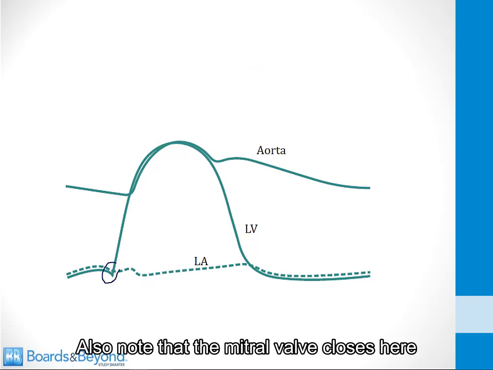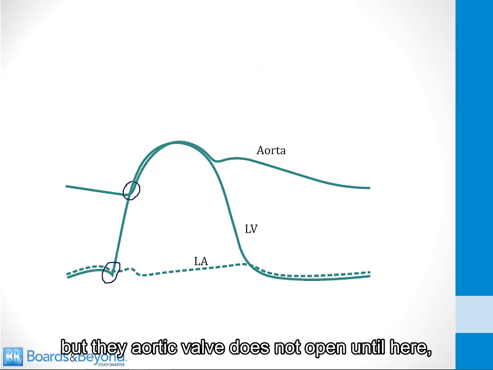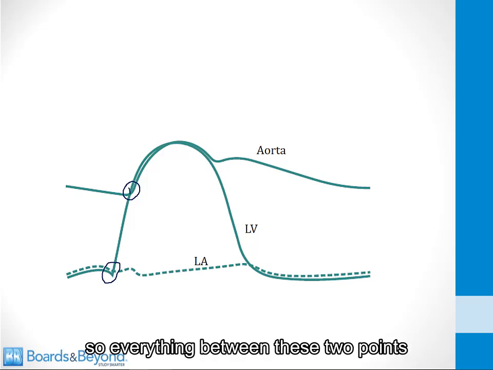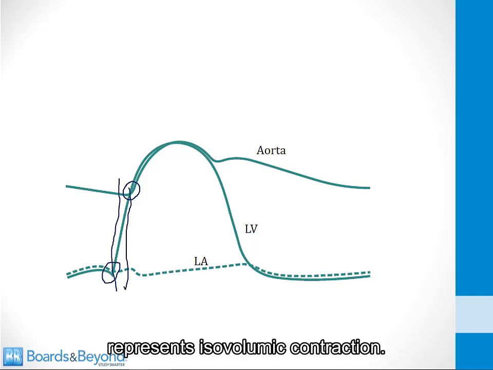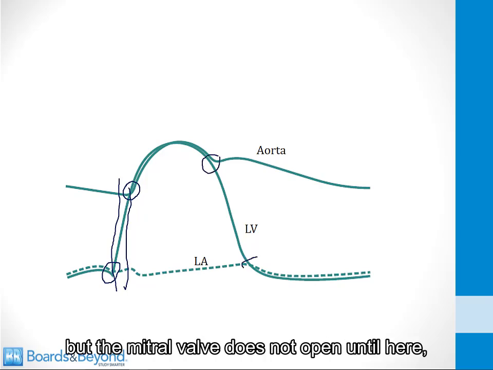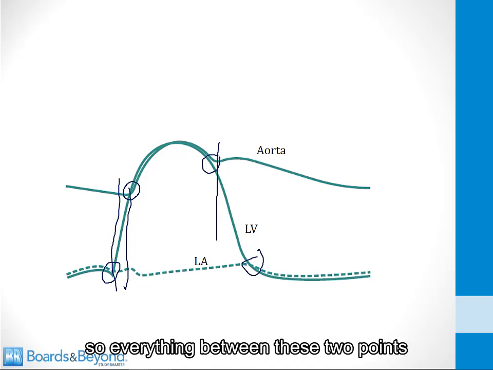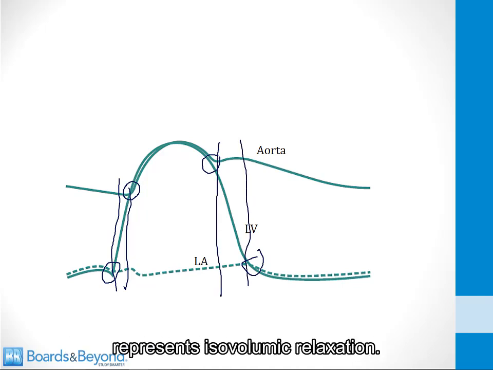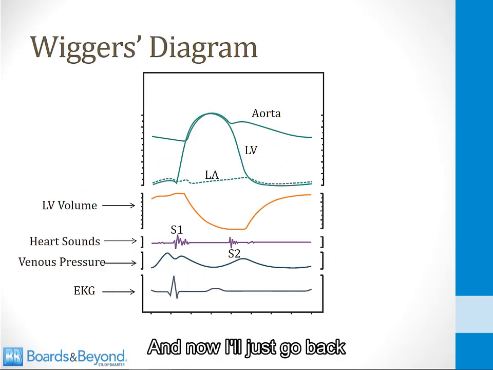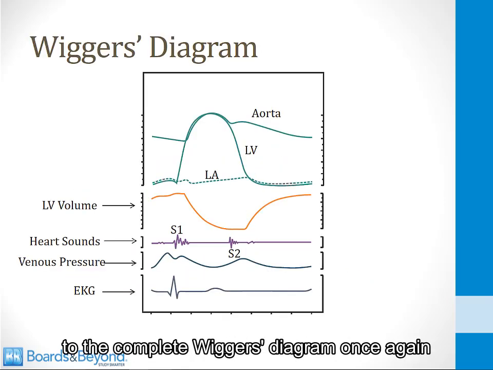Also note that the mitral valve closes here, but the aortic valve does not open until here, so everything between these 2 points represents isovolumic contraction. The aortic valve closes here, but the mitral valve does not open until here, so everything between these 2 points represents isovolumic relaxation. And now I'll just go back to the complete Wiggers diagram once again so you can see